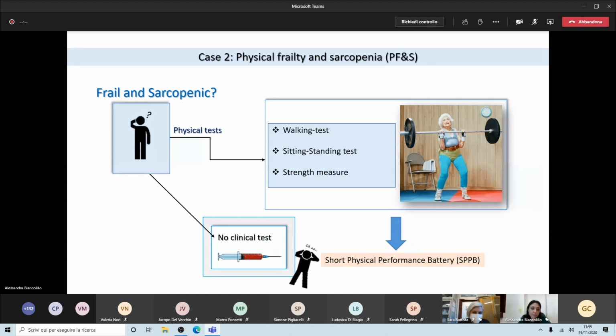That's why they came to us asking for help, because they do not have any clinical test to predict this medical condition. So they came asking us whether it's possible to define new biomarkers for this medical condition.